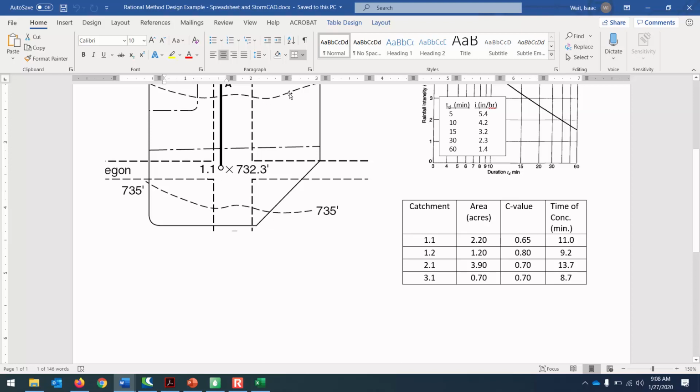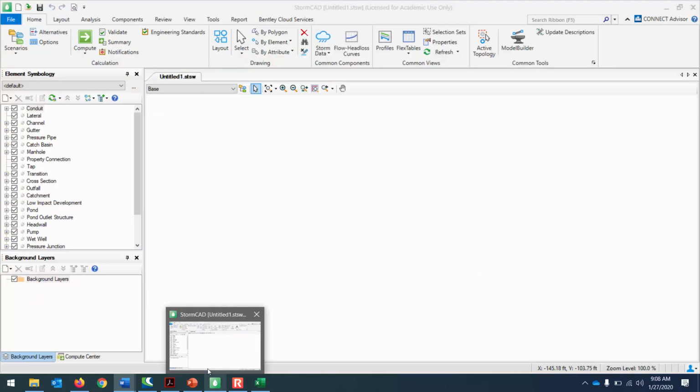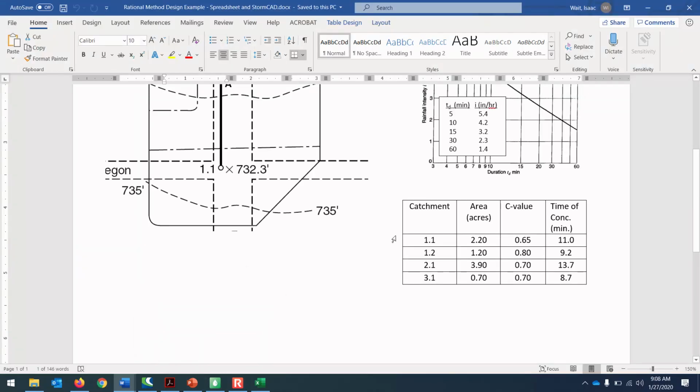The main thing that we will see is that if you don't have the ground above the invert of the pipe, you'll get an error message from the program. It won't let you put the elevation of a pipe above ground. It needs to see that the pipe is buried. All right,